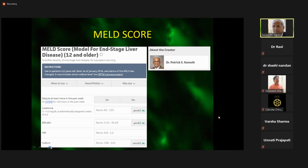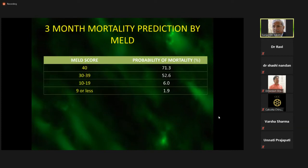So just keep that in mind, guys, because again, with the MELD score, the probability of mortality was fairly rigid. A MELD score of 9 or less was better, at 1.9%, but if you had a MELD score of 40, you had over a 70% chance of not surviving. So